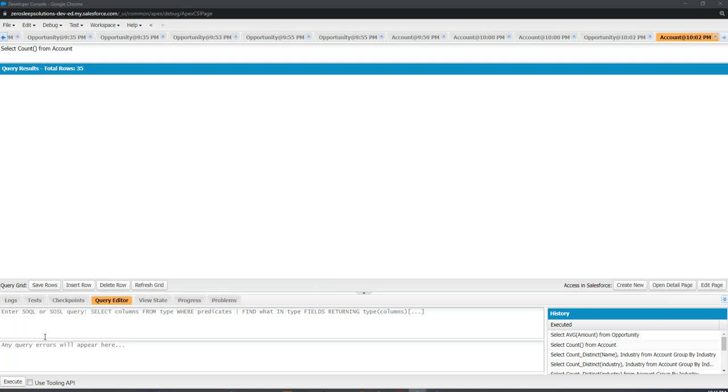Limits and offsets. Limit limits the number of records that are going to be returned to whatever the amount is. So your limit is just a number that you put in. And then offset, again, that's a number as well, but that's going to skip the number of records that you have. So to go through,